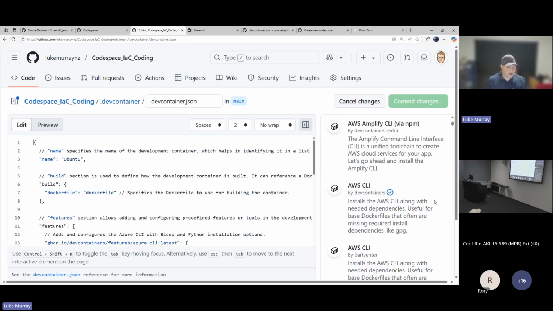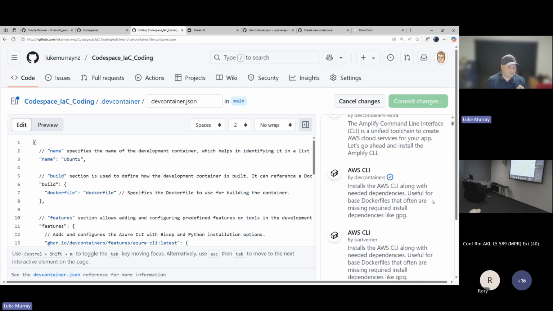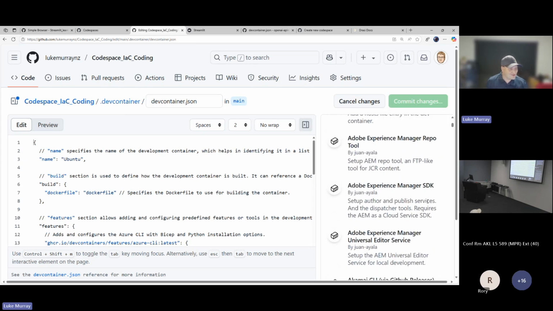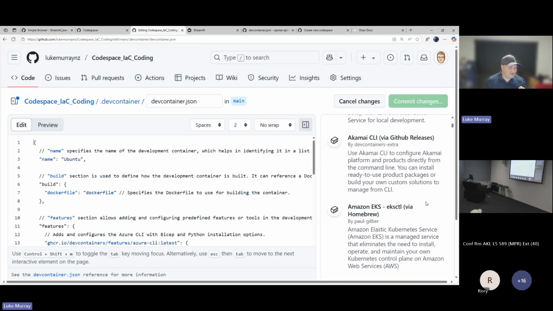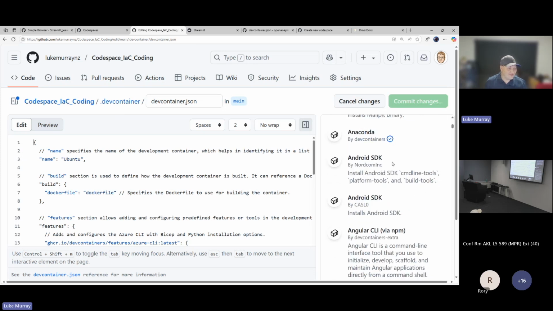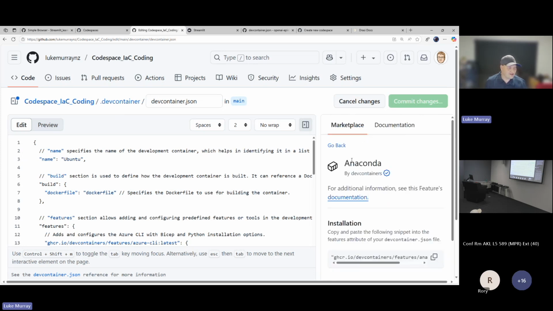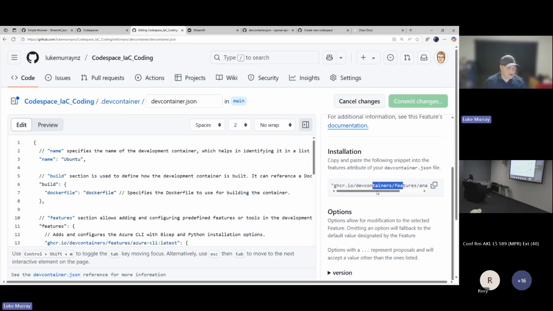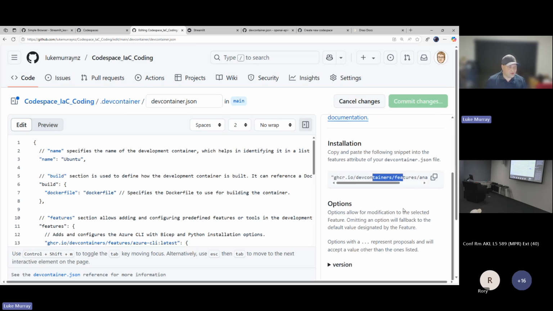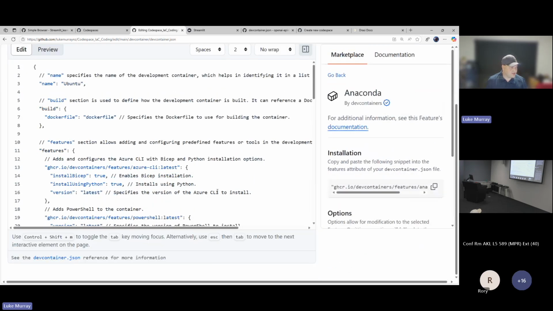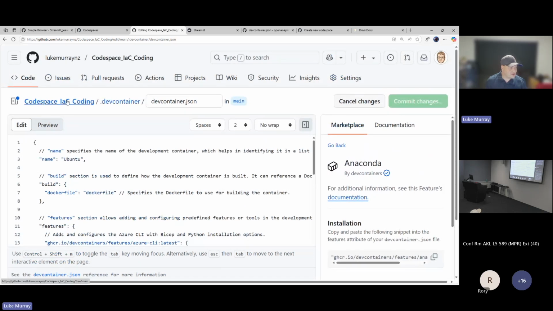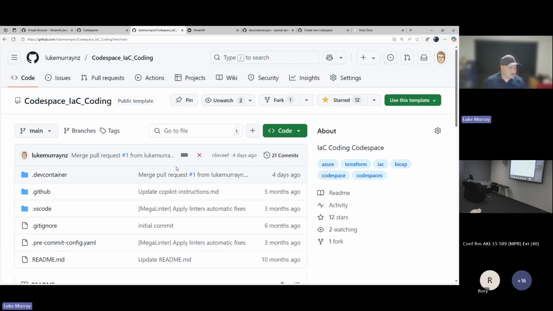the features. So for example, I'll skip past the AWS ones, but if I wanted, I don't know, Anaconda, for example, I could select that, and then it would list the features here as well, all from the GitHub user experience. And really easy. Once it's done, committed, essentially